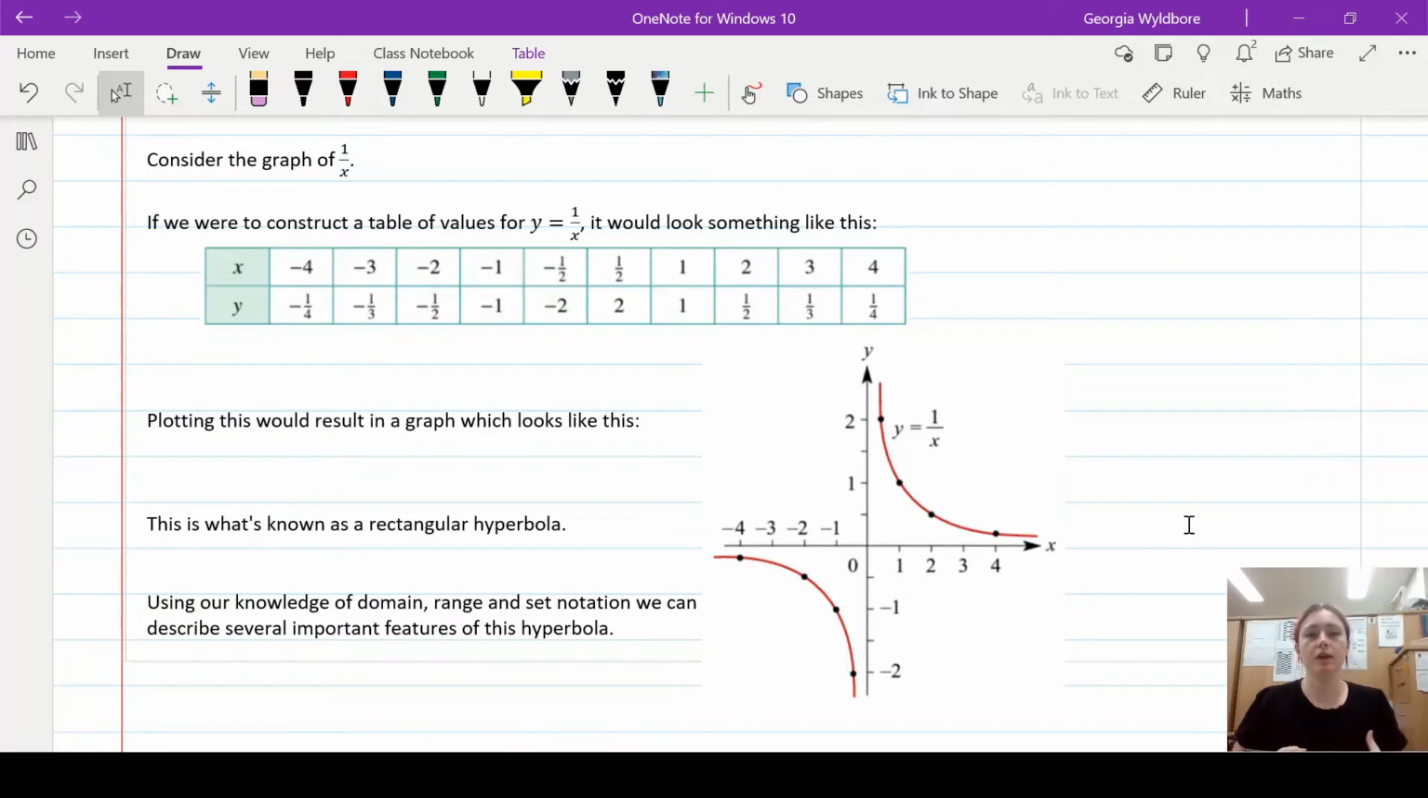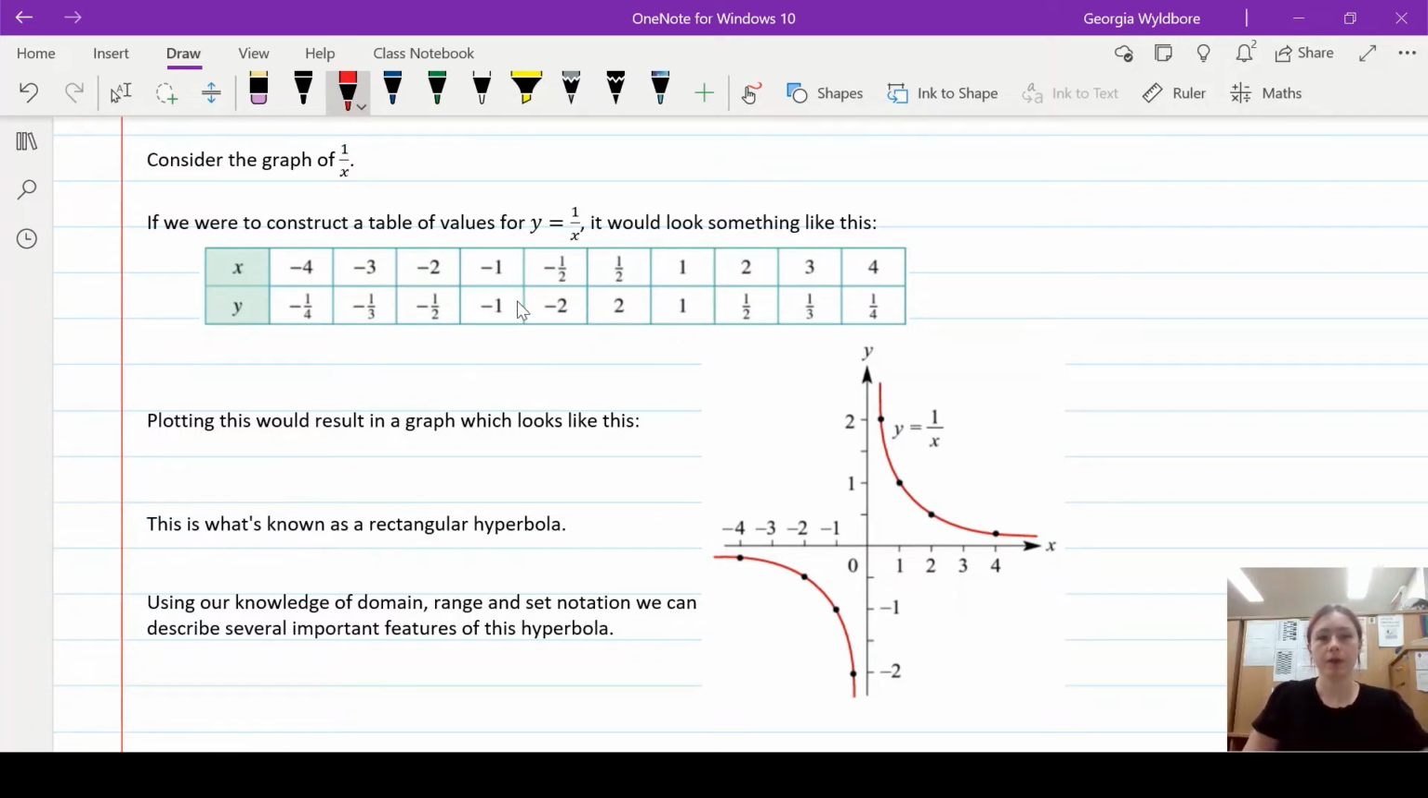So if we consider the graph of y equals 1 over x, we could construct a table of values for that relationship, and it would look something like what we've just got on the screen here. So when x is 1, y is also 1 because you have 1 over 1. When x is 2, y is going to be 1 over 2. If x is a half, then it's going to be 1 over a half, which is effectively 2 over 1,